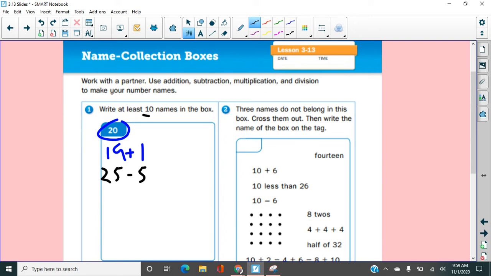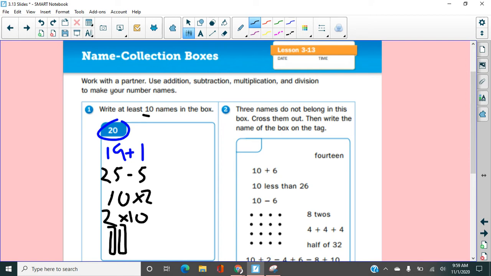Okay, you might have said 10 times 2. And thinking back to what we did recently, the turnaround fact for that is 2 times 10, right? So that would work. Dividing, if you want to divide, you can. I'm not going to go into that yet because we haven't covered that in class. But if you think you know a division problem that equals 20, you could do that. I'm going to add a picture of 2 groups of 10,